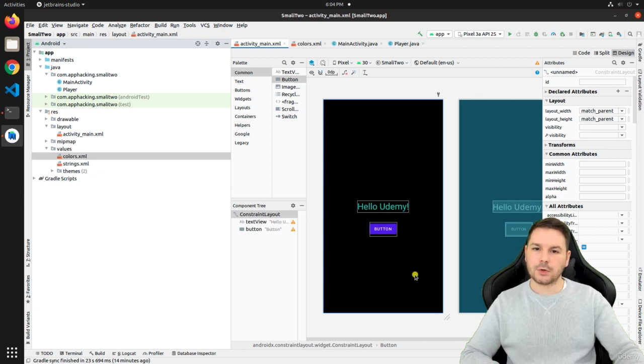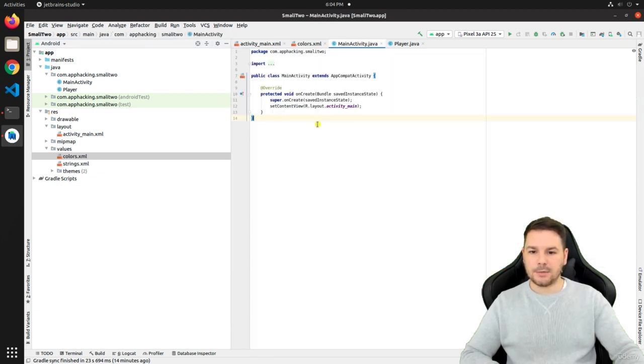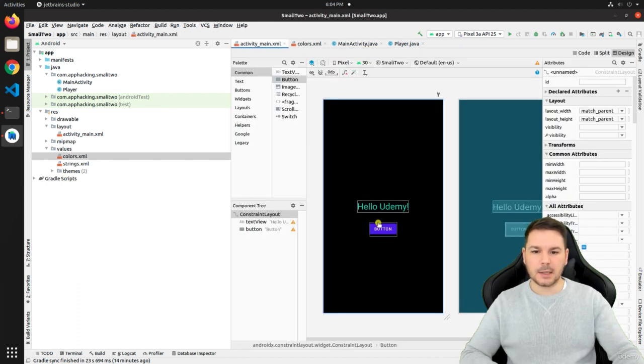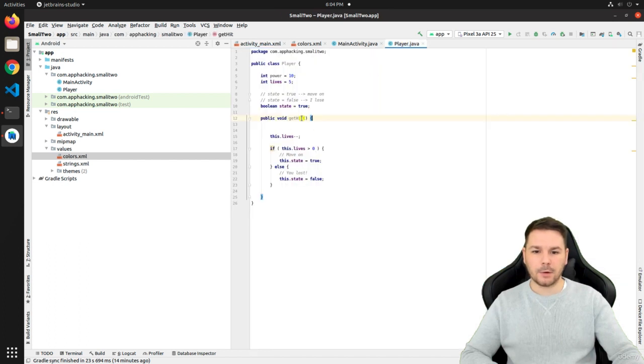There we go. This looks now pretty nice. Let's get back in the main activity. Okay, now we need to connect this button to our method. And this method needs to be defined over here because this method has the knowledge about this button. This button is placed in our activity main layout. Therefore, we cannot use this method over here, getHit, directly, because this method does not know that this button exists